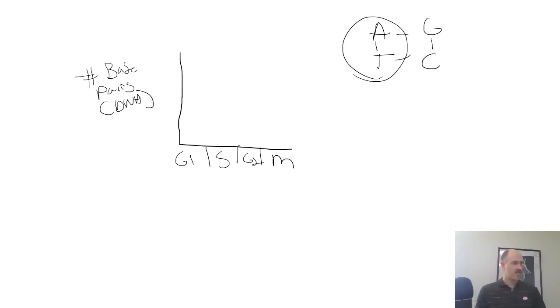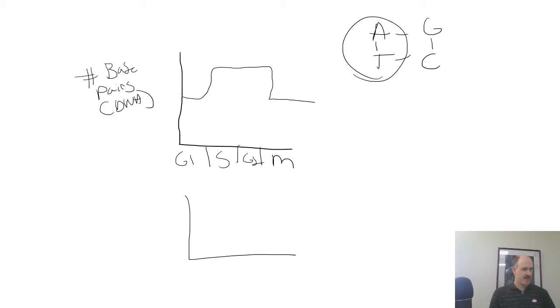So we'd start here and we would double that in S phase because we copy the DNA, and then when we get to mitosis, we would go back to our original value. So this is how much DNA is there in each cell. That cell doubled its DNA and then divided into two cells, so now each cell has the same amount of DNA they started with. Now if we look at meiosis,